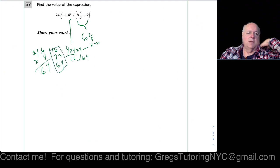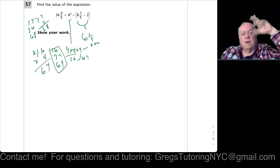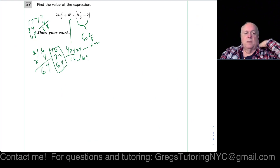So sometimes you can multiply by 4 really quick. Let's say it was 17 times 4. Double it, we get 34. Double that, we get 68. So sometimes you can do that faster than doing 17 times 4 like that. 7 times 4 is 28. Carry the 2. 4 times 1 is 4 plus 2 is 6, so 68, right? In any event, it's a way to double check it. So we get 64. So what we have is 24 3/5